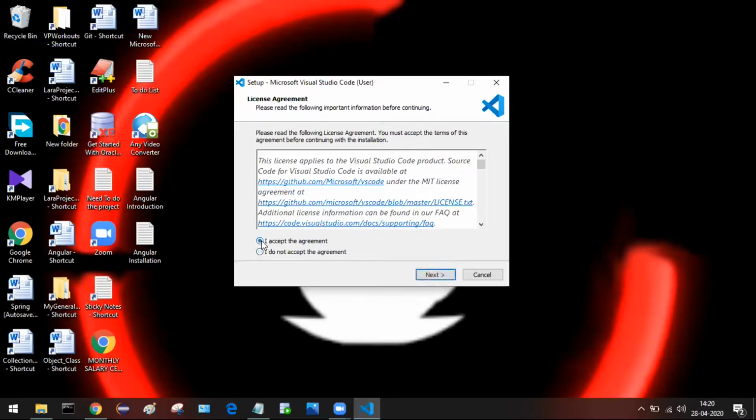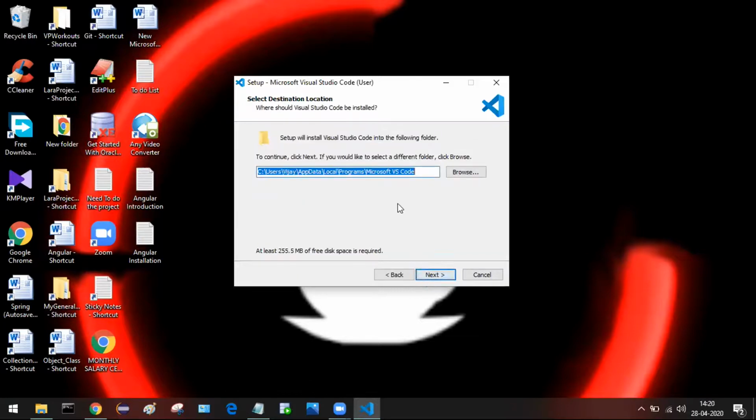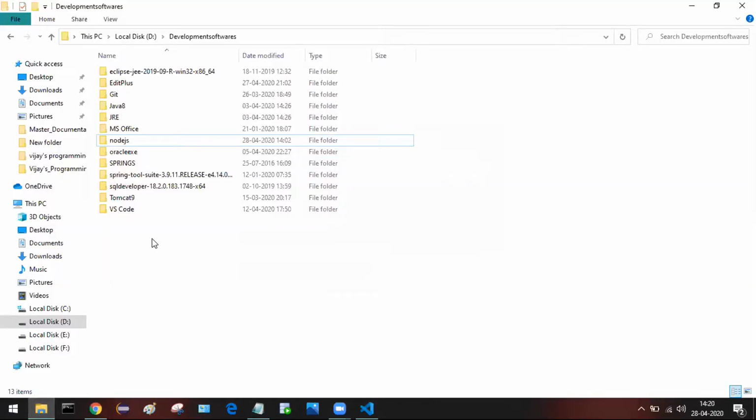So accept the license agreement, hit next, and here as well I'm going to install it in another drive rather than the C drive. So go to the folder called development softwares in the D drive. Here I have this VS Code.